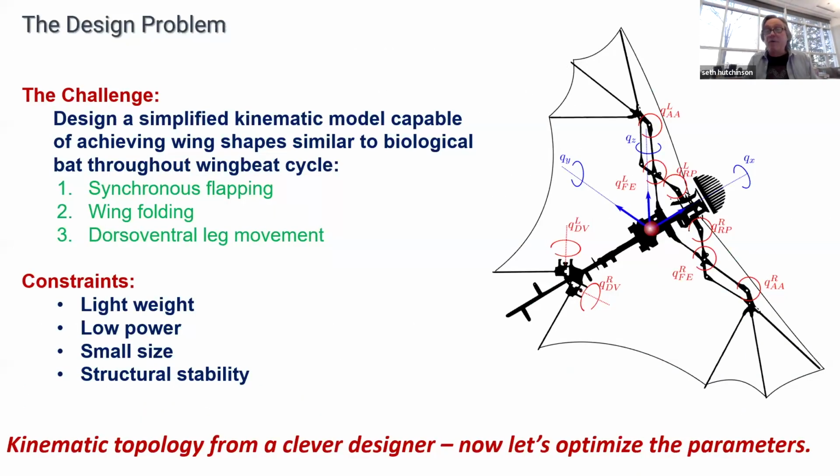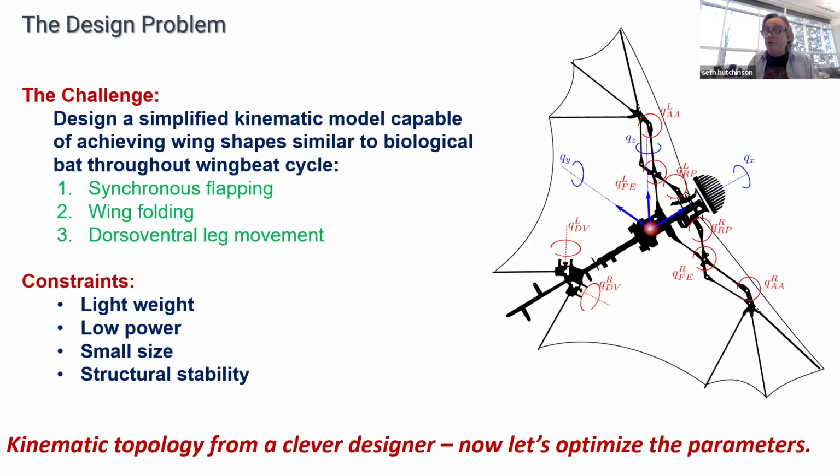So what does that mean for us? It means what we want to do is design a robot that has the ability to reproduce these three kinds of motion, and it's low weight, low power, small size, structurally stable, etc. Right? So what you see on the right of this image is the final design, right? But this is not what comes out of thinking about what's on this slide. What you see as the final design is what comes out after a bunch of optimization that I'll talk a little bit about. But step one is figure out something about the topological structure of the robot, and step two is optimize that stuff, right?